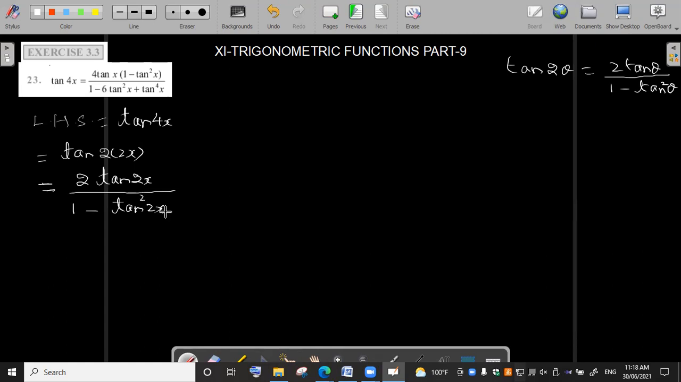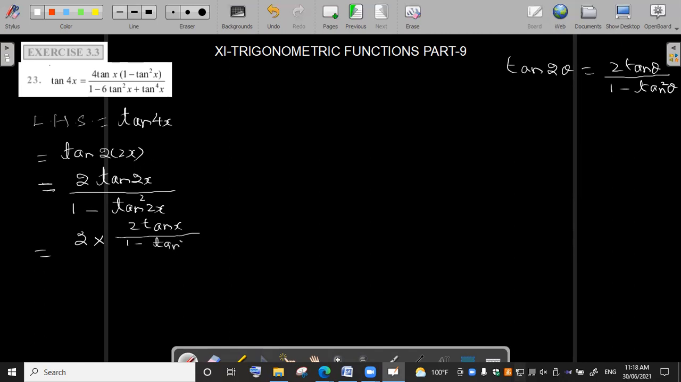2x. Okay, again for 2x we can use the same formula. So instead of tan 2x we can again put, because we have to bring in tan x. All the terms on the right hand side are in tan x. That means we have to convert into tan x. tan 2x can be written as, again using the same formula, 2 tan x divided by 1 minus tan square x,